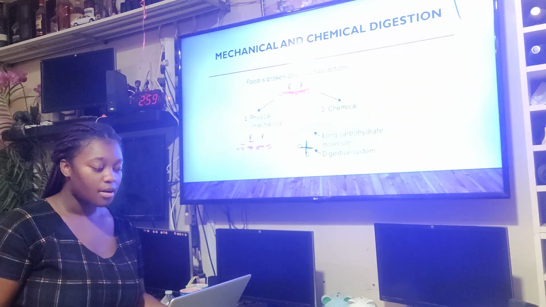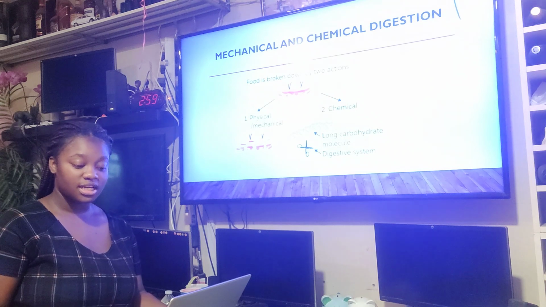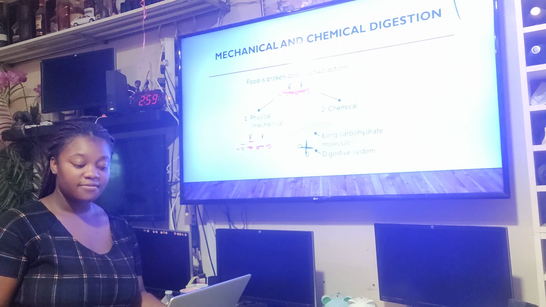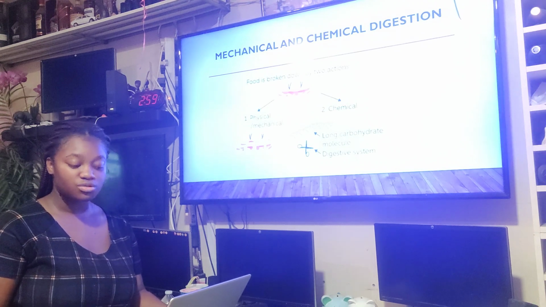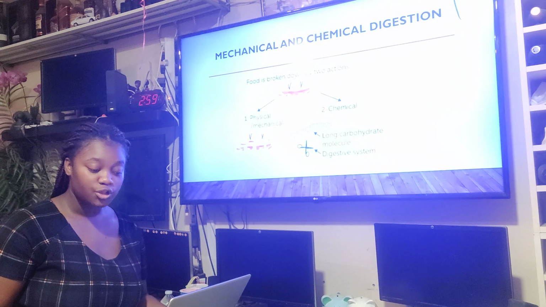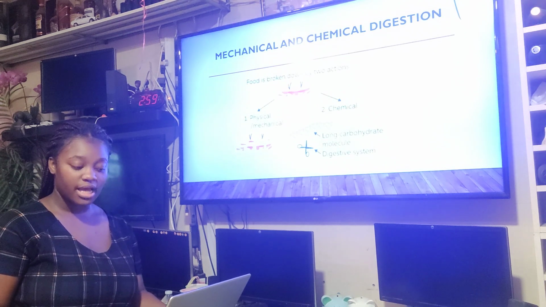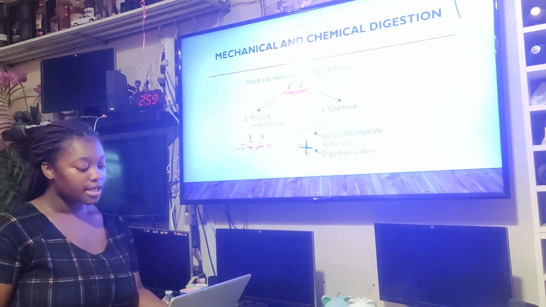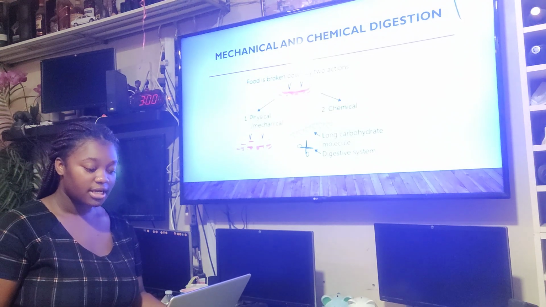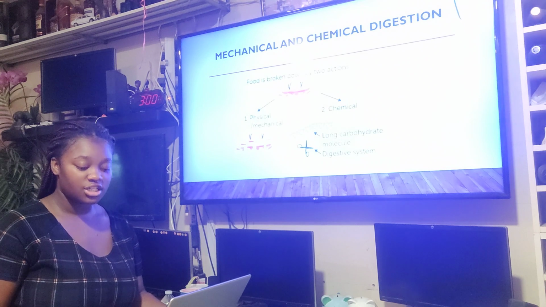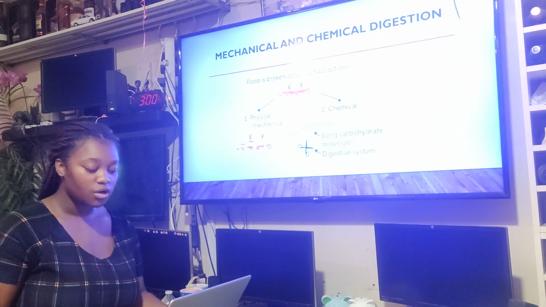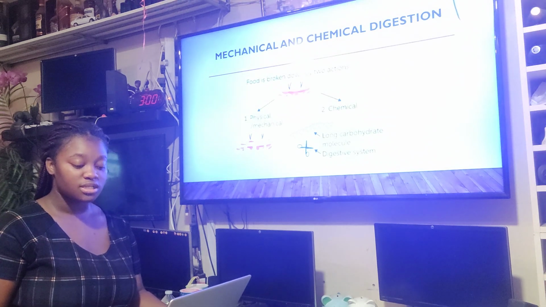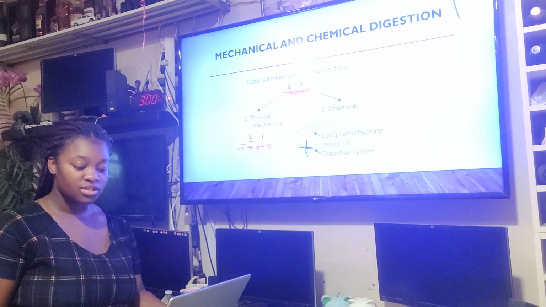Before the bolus passes through the digestive tract for chemical digestion, the mouth first physically breaks down the food into smaller particles through chewing or mastication, which is mechanical digestion. Chemical digestion is a type of digestion where food molecules are broken down into smaller units using